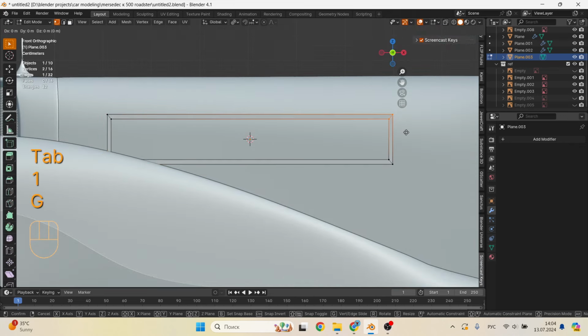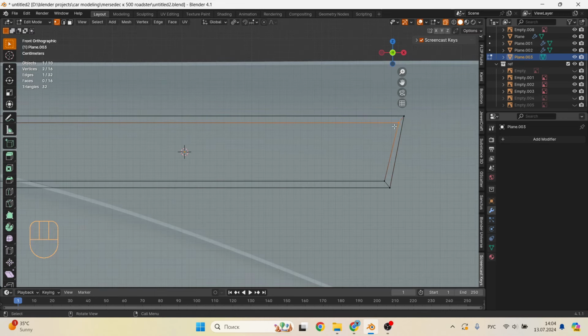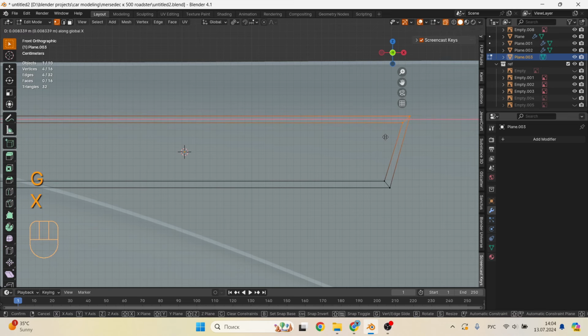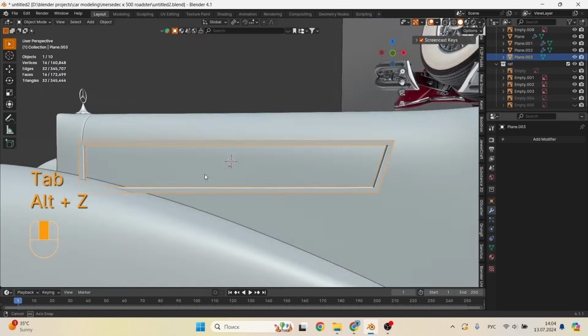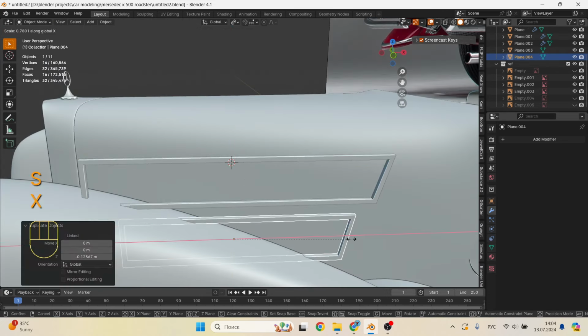And as in the reference, move one of the corners a little to the side. When the frame is ready, then copy it, since we should have two of them.